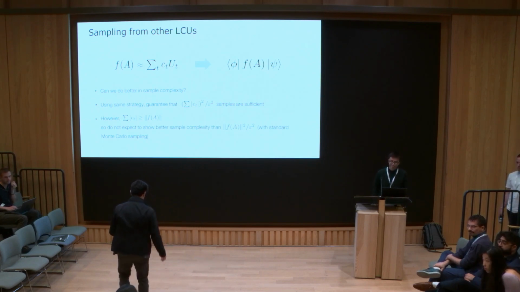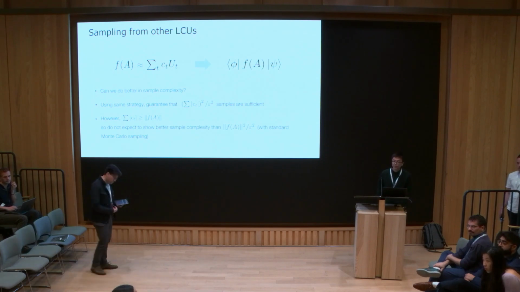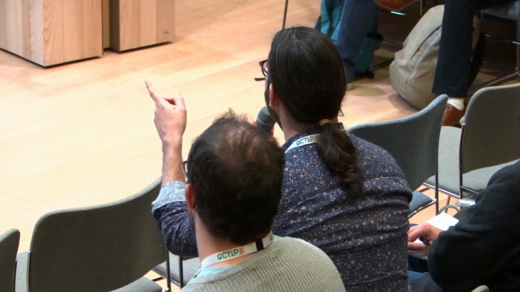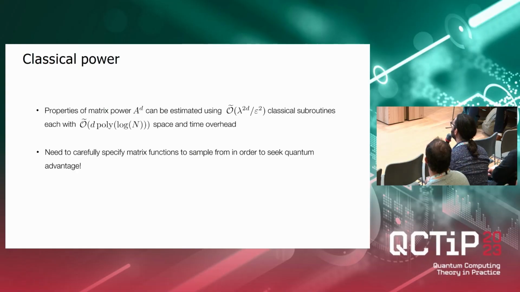Thanks for the nice talk. I don't have a question. I think I might be able to answer Andras's question. On the classical complexity slide, you've got lambda to the power of 2 times d. I think if you did it using QSVT, then the cost of the block encoding is lambda, and the number of block encodings you use is proportional to d, so you'd have something like lambda times d. And then I don't know whether it's epsilon or epsilon squared on the bottom, but